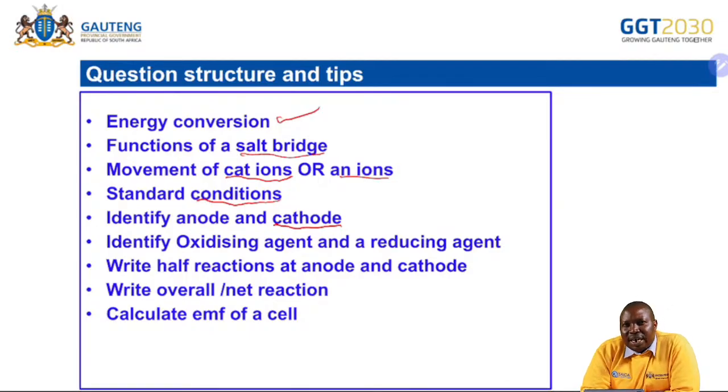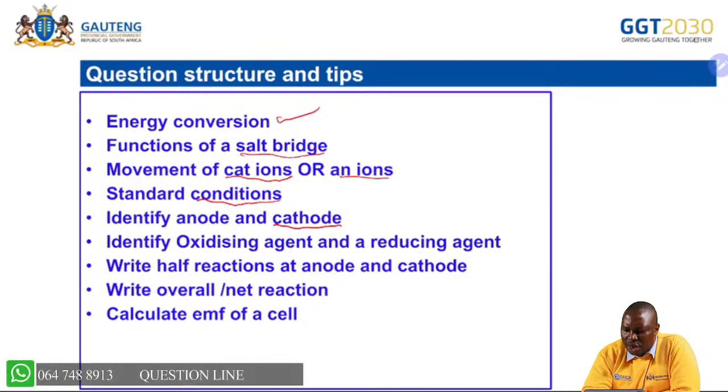Identify the anode and the cathode. We're saying use the table. Go to the table. If it's galvanic cell, you know the negative is the anode, the positive is the cathode. But if it's electrolytic cell, because of the electricity that we are using, the positive becomes anode and the negative becomes cathode. You have seen with chlorine, now chlorine was losing electrons, becoming Cl2, and you saw that we had copper 2 plus gaining electrons to form copper. They said the brownish layer will be formed on the